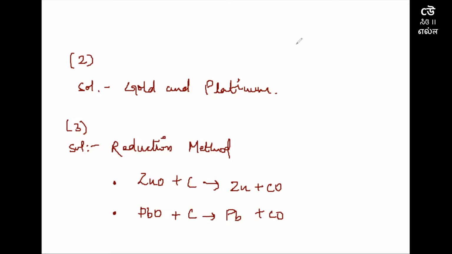Now we will be covering questions which are on page number 55. So page 55, question 1. The question says that metallic oxides of zinc, magnesium and copper were heated with the following metals. So we have metal oxides of zinc, magnesium and copper, and these were heated with zinc, magnesium and copper again.